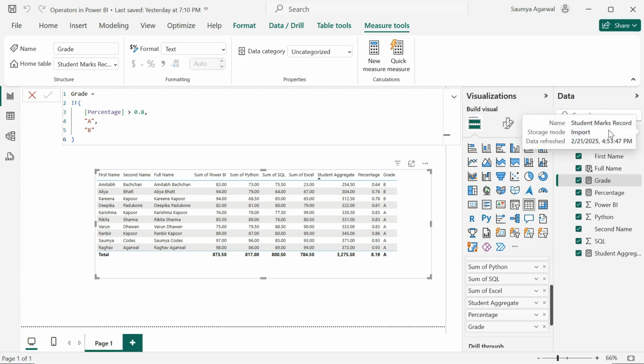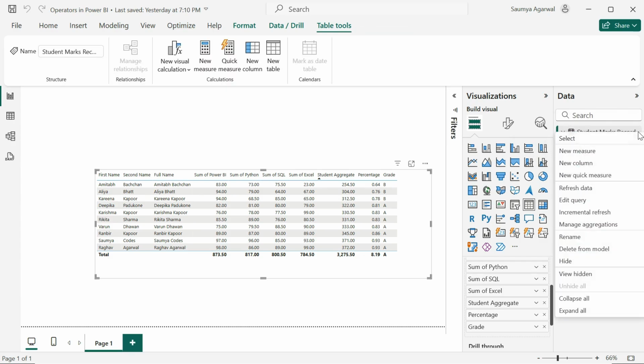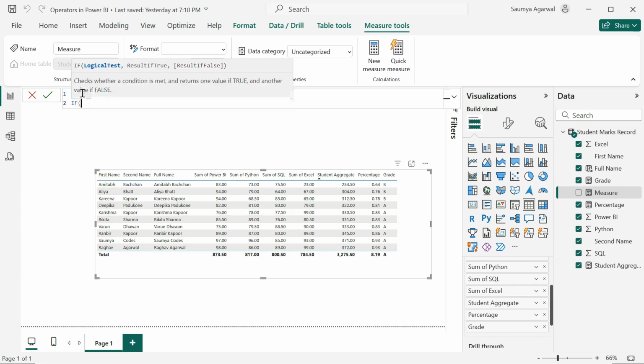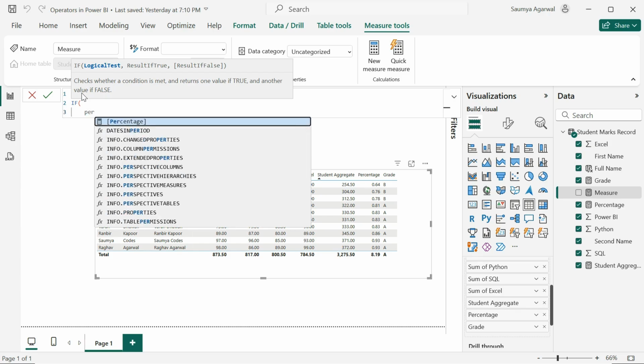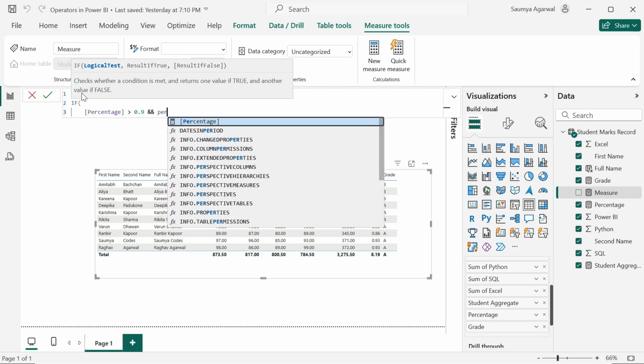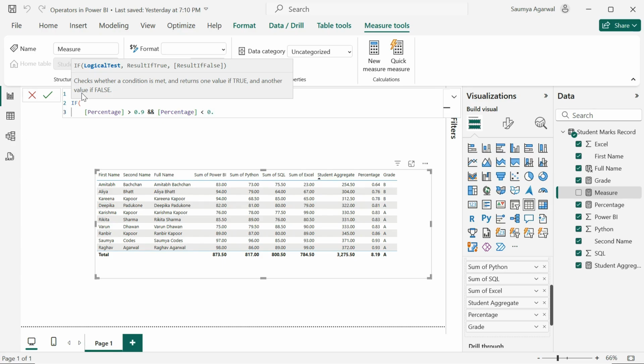Now one more thing, we have logical operators, right? So if I create one new measure here, again let me add grading as a new column. Again I'll be using the if function. Now same logic, I will be using percentage is greater than, let's say, 0.85, and percentage is less than 0.9. Then what it should show, it should show